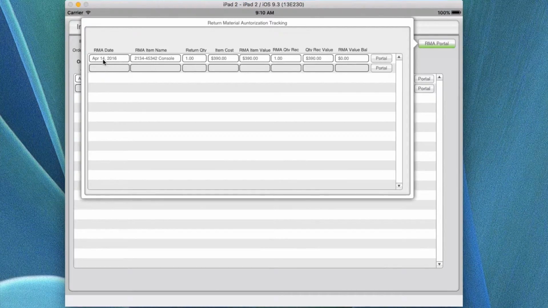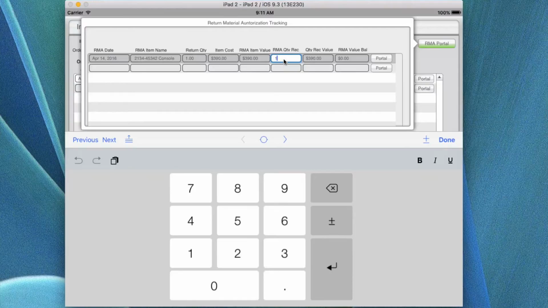The RMA is the date of the RMA, and this is the actual item part number for the RMA, the quantity that's missing or damaged, the actual cost of the item, the RMA value, the RMA received item. If you actually received the replacement item, you would have a 1 in here for the one that was replaced, and then the value. If you do not get the one back and you take this off here, it's going to change the way that the